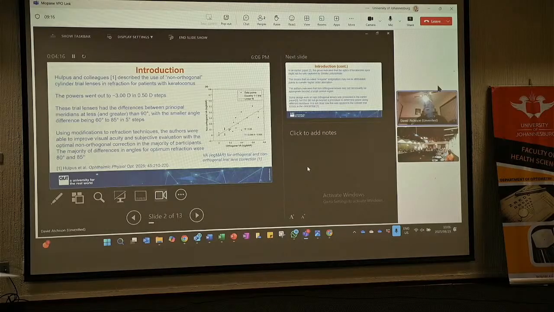Some of the people that they were testing also appreciated this. The majority of angles that they got were actually not far away from 90 degrees, so about 80 and 85 degrees in the majority of cases. And you just see on the diagram, it's got the orthogonal visual acuity logMAR on the horizontal scale, and on the vertical scale you've got non-orthogonal. If you do better with the non-orthogonal lens, it looks like we get less than one.